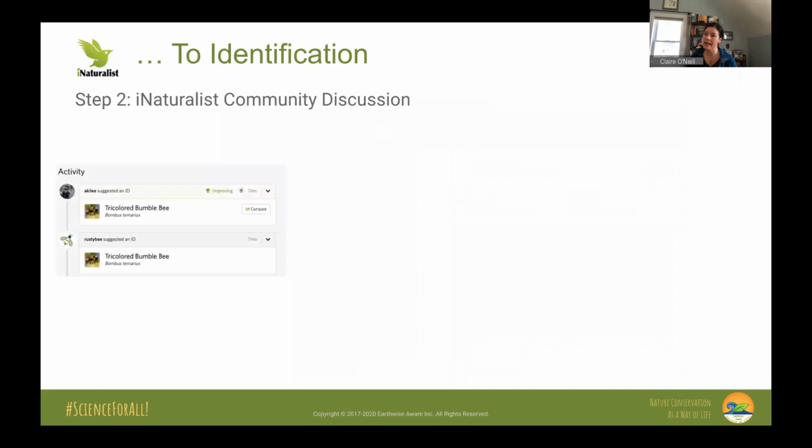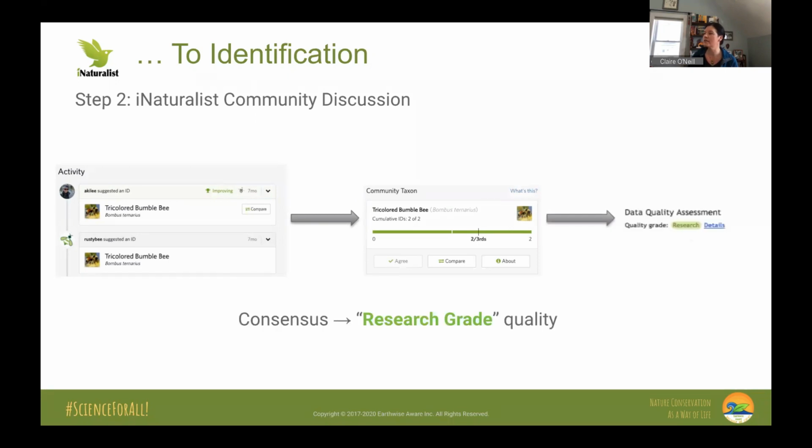So in this case, I had this person, Rusty Bee, validating that it was indeed a tricolored bumblebee. And then what happened here is that we reached the 2/3 validation of that observation, and that was enough in this case to give it a quality assessment of research grade. Research grade means that